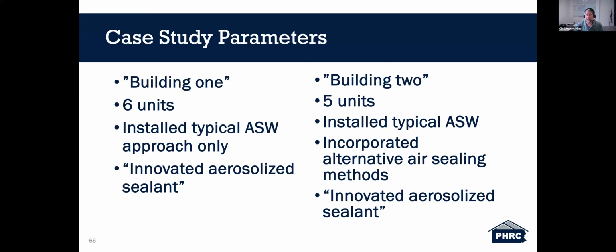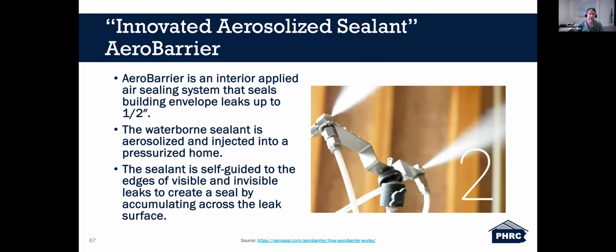Building two is a 5-unit building that has the typical area separation wall again installed, and then they incorporated alternative air sealing methods. So they went above and beyond to incorporate additional air sealing methods. And then they also introduced the innovative aerosolized sealant, which we can go on to say is the AeroBarrier